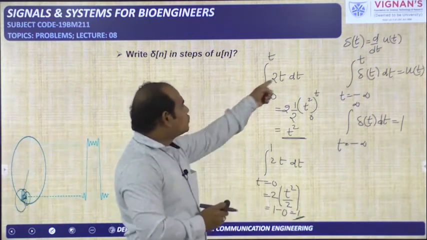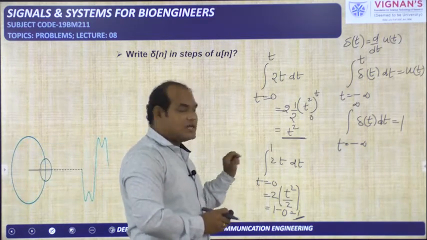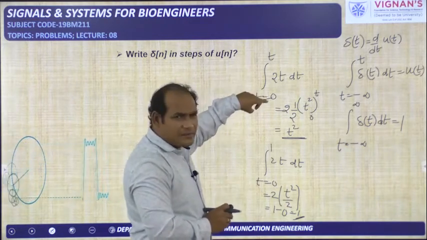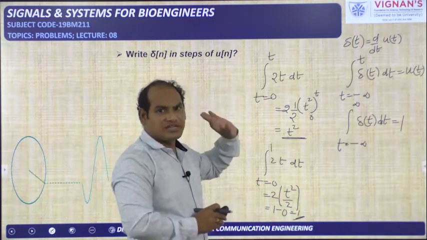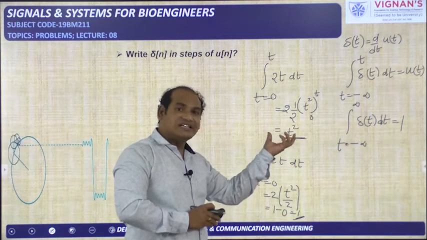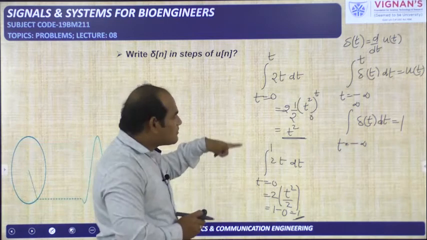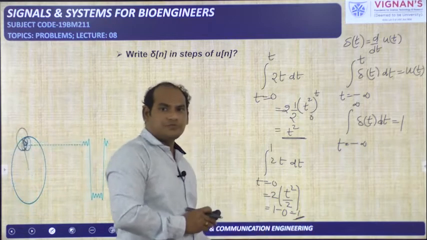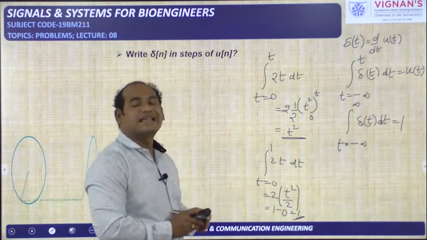You see, the integral of 2t dt, the integral of 2t dt. But here the upper limit is t, and here the upper limit is 1. Here the limits are constants, 0 and 1. Some numbers are there. Here the lower limit is constant, that is okay, but the upper limit is variable. You can take a variable in the lower limit also. There is no problem. So what did you understand here? Here the integration of 2t is giving t square, but here the integration of 2t is giving the number 1. What is the difference you are observing here? Because here the limits are values, you will end up with a value. Here the limit is variable, that's why you will get a function like a signal.